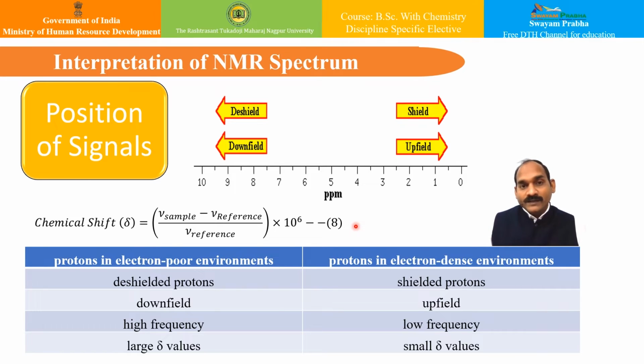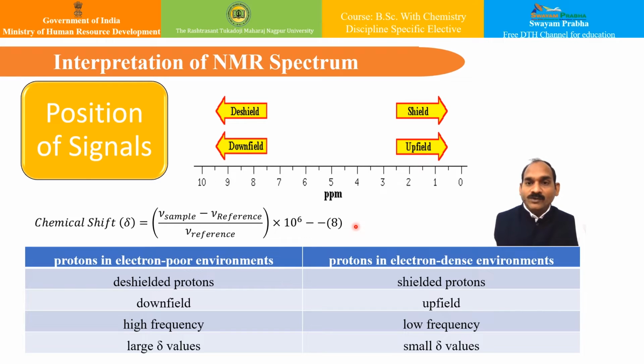And therefore, whenever any proton undergoes resonance, when the applied magnetic field strength or the frequency matches with the energy separation between the 2 levels, we can interpret from the position of the signals. So in actual practice, the frequency is kept constant, and the applied field strength is increased continuously. This is what we do while recording the NMR spectra. The magnetic field experienced by all the protons is not always the same. It depends on the electronic environment, isn't it?